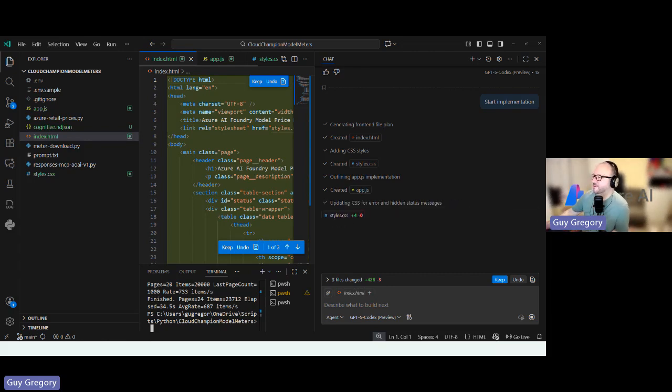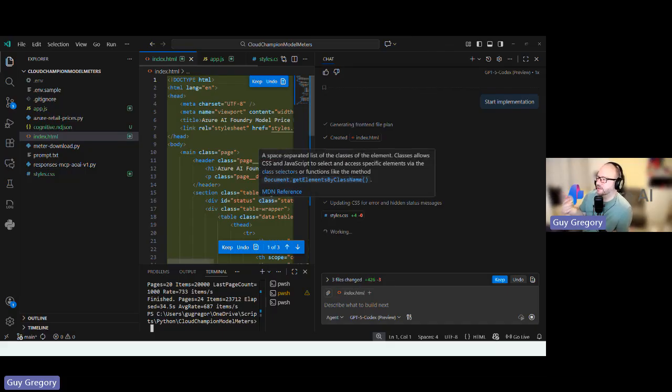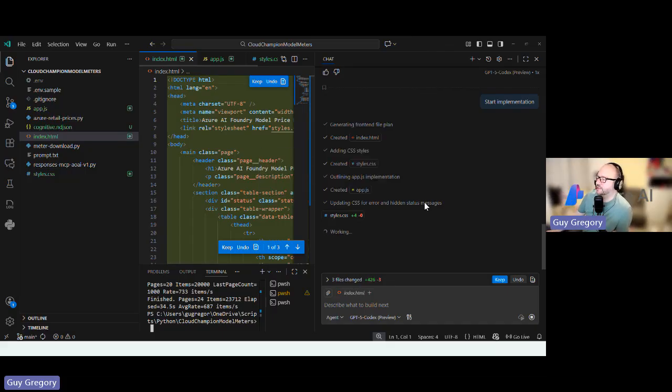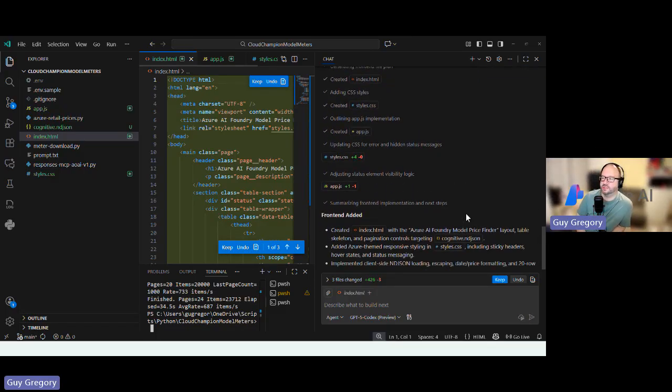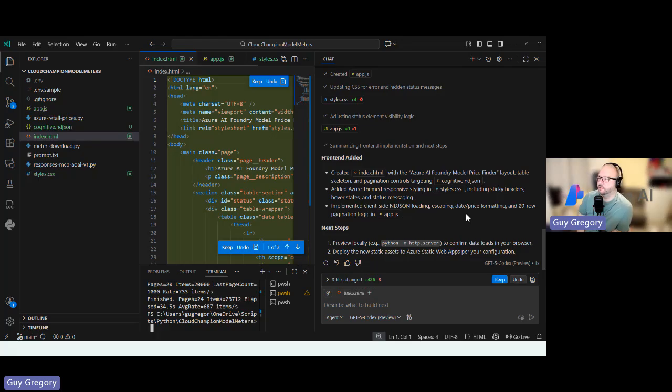So here we go. It's just updating. Now you notice that because it's in agent mode, it's doing this kind of iteration. It's creating the initial file, and then it goes back and updates based on the plan that it's working to. So you're thinking this agent is working essentially in a loop to make sure that what it's created is actually aligned to the plan that you've asked it to do. So it's created the front end,